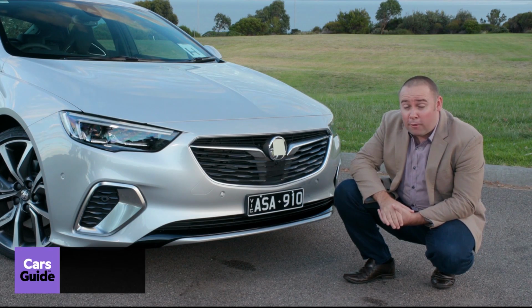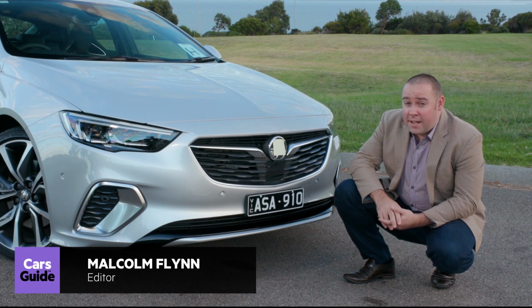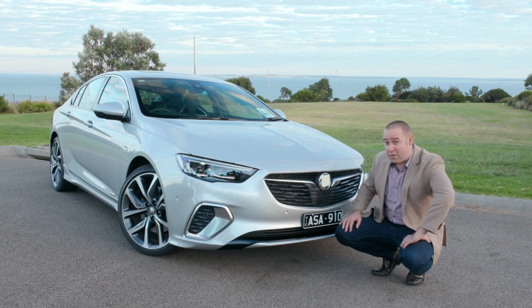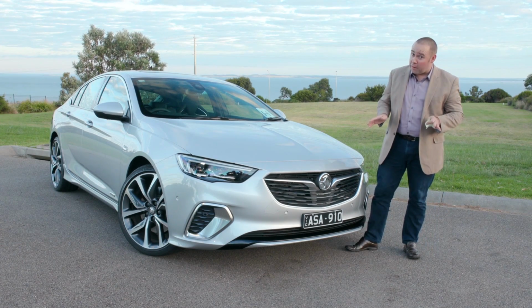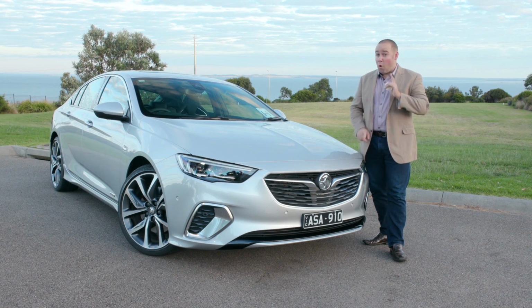This is the new Opel or Vauxhall Insignia, which has been designed and built in Europe to take on the likes of the Ford Mondeo, Volkswagen Passat and Skoda Superb. And this is the new Holden Commodore, which Australian engineers have actually been involved in the development of from the word go. But it's no longer built here, available in rear-wheel drive, available with a V8 or with a sedan